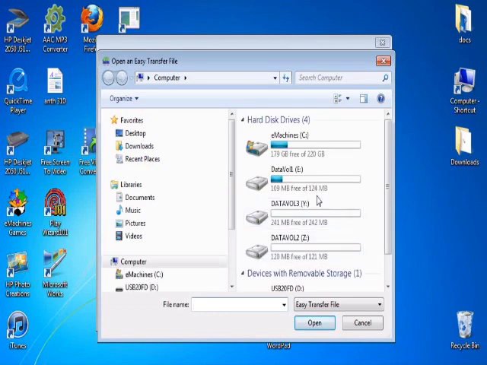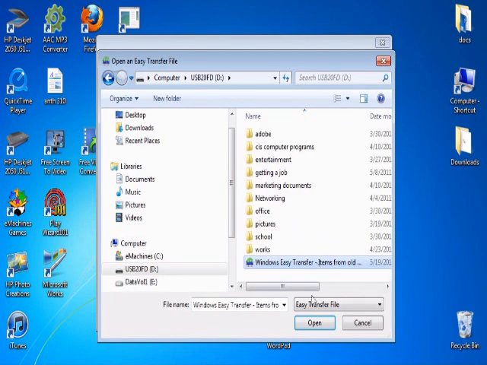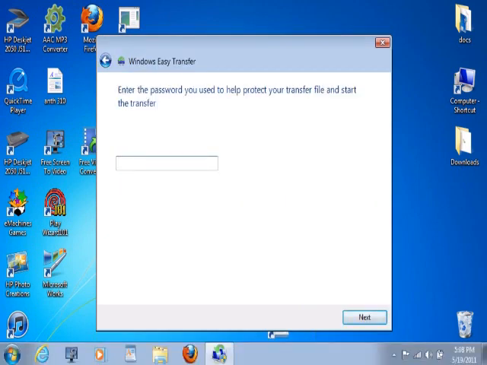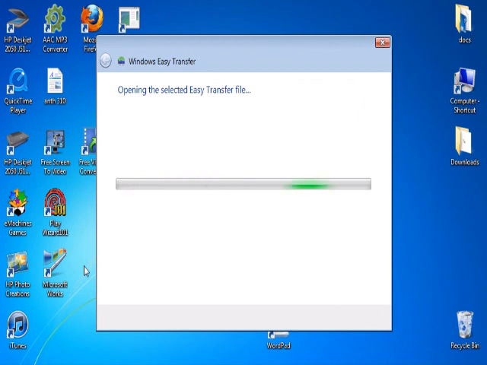Okay, it says where is this information? Where do we find it? And it's on my D drive, and it's right there, and it puts the file name in right there. They say open, and remember your little password that we're supposed to remember, which was password, if I can type correctly today. And now it's going to be opening the file, and this is another